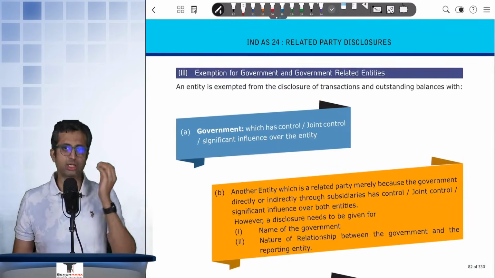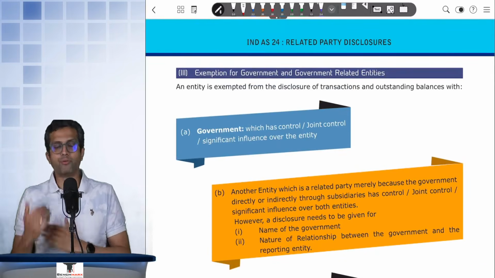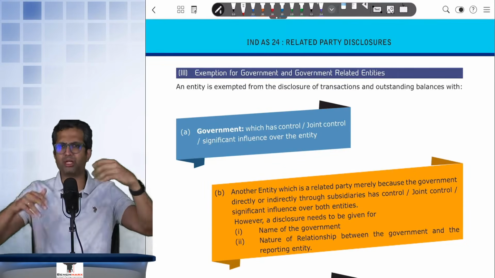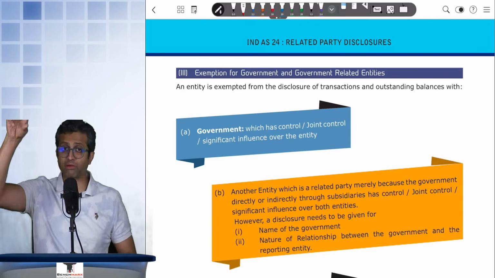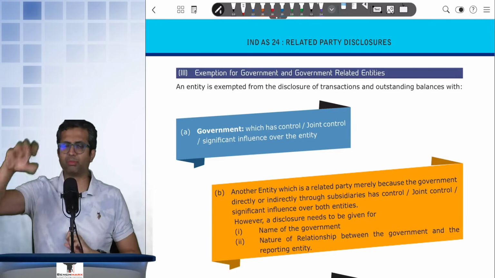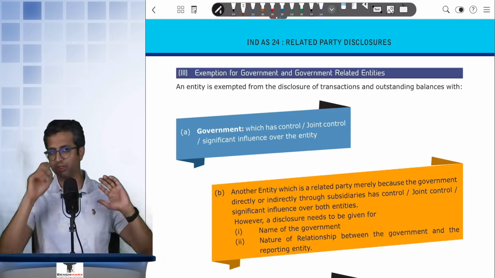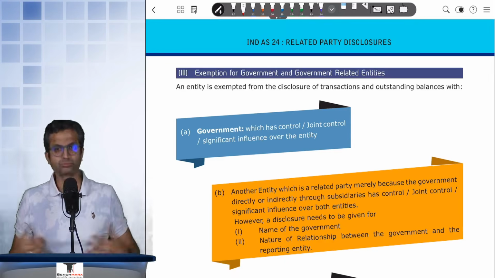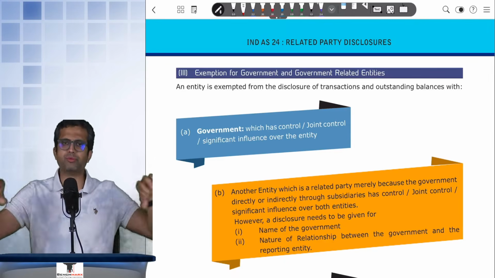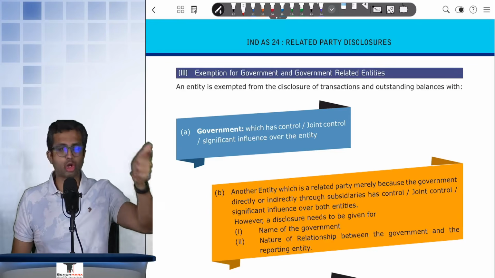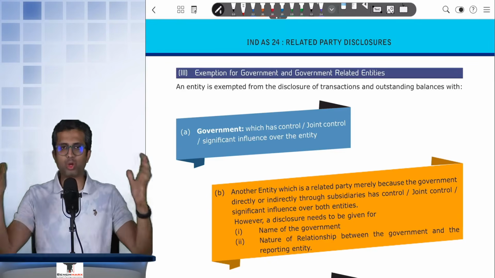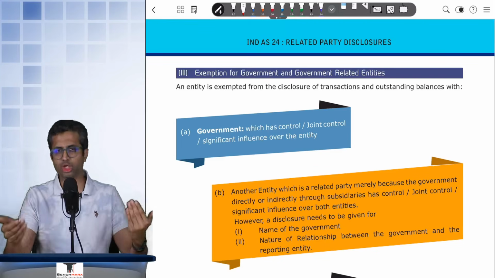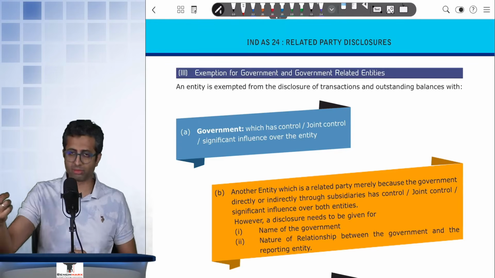And the last part over here is an exemption which is available specifically for an entity which is a government entity and its transactions with the government as well as other government entities. Like for example, the government might control SBI, it might control Indian Oil, it might control BPCL, it might control ONGC, and there may be hundreds if not thousands and lakhs of companies which are under the purview of the government, where government either controls, jointly controls, or even significantly influences. Now, if two entities are related to each other, whether directly or even indirectly, because they are controlled, jointly controlled, or significantly influenced by the government, then